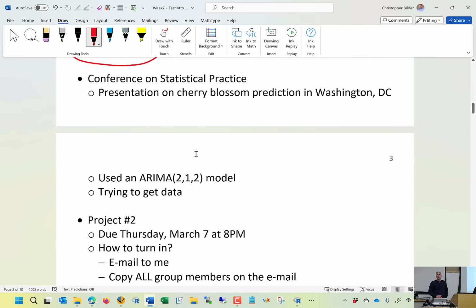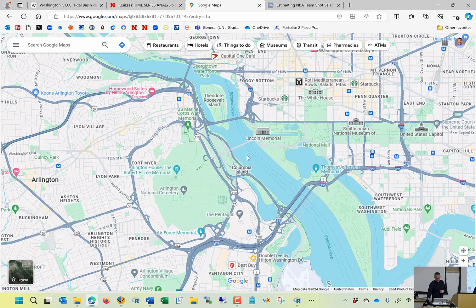Okay, so last week I was in New Orleans at the Conference on Statistical Practice. One of the presentations that I attended was on cherry blossom prediction in Washington, D.C. For those of you who may not know, in Washington, D.C. every March now,